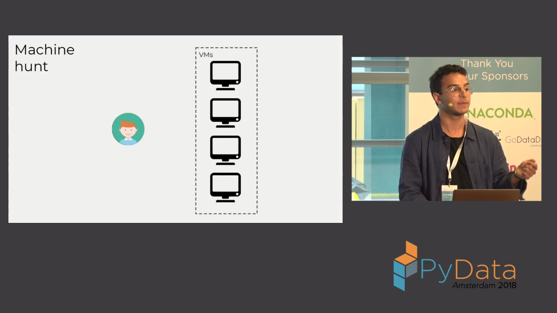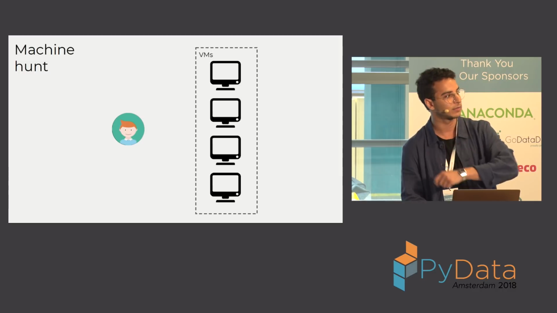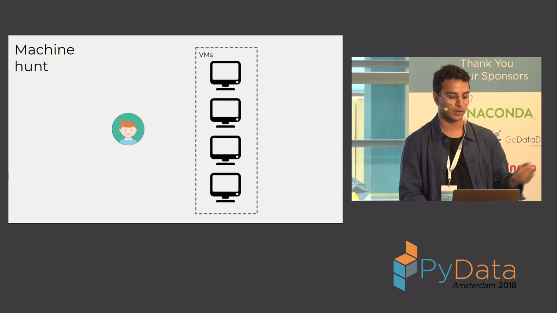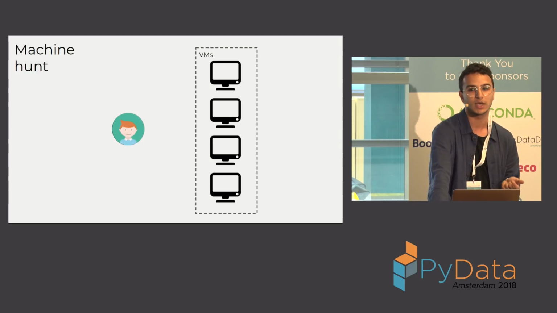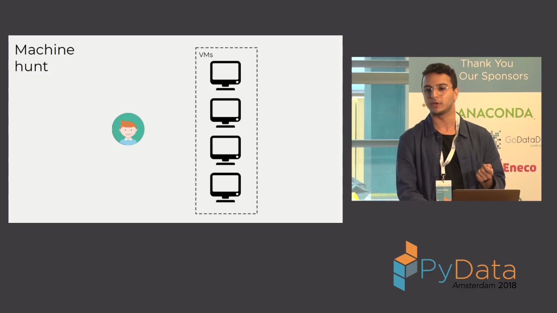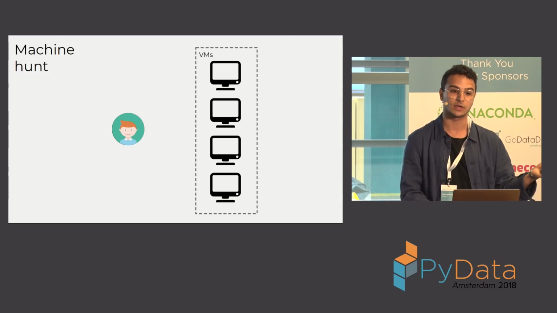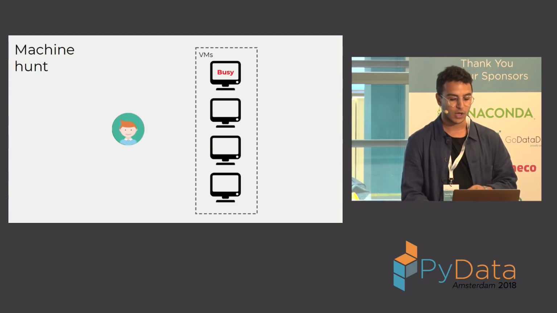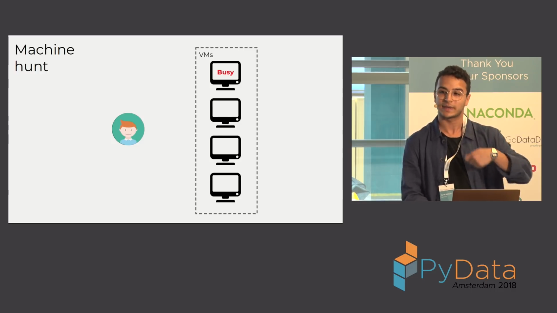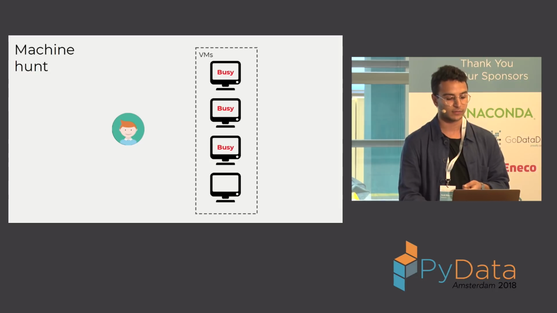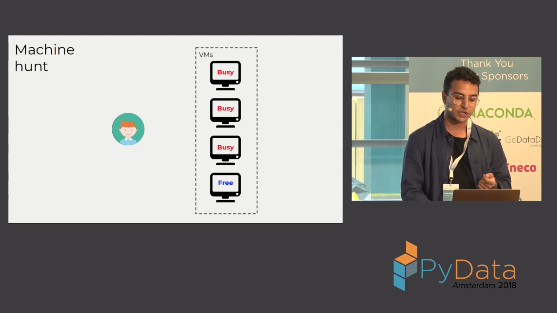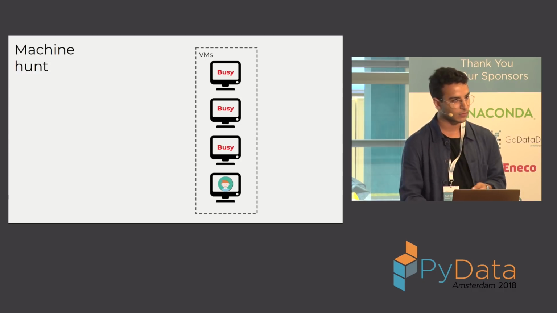We have different specs per machine. Some machines have more cores, some machines are, I don't know, typical general purpose machines and so on. So the question is, how do we check which machine to run on? That's one question. And the other question is, is it actually free or is it being utilized? And if it's free, then I can start my job. So I will start with the first one, but it's actually busy. So this is the manual steps that we've been going through beforehand. And then we check some other machines, and they're still busy until I find one which is free. And then I go in there and schedule my job.